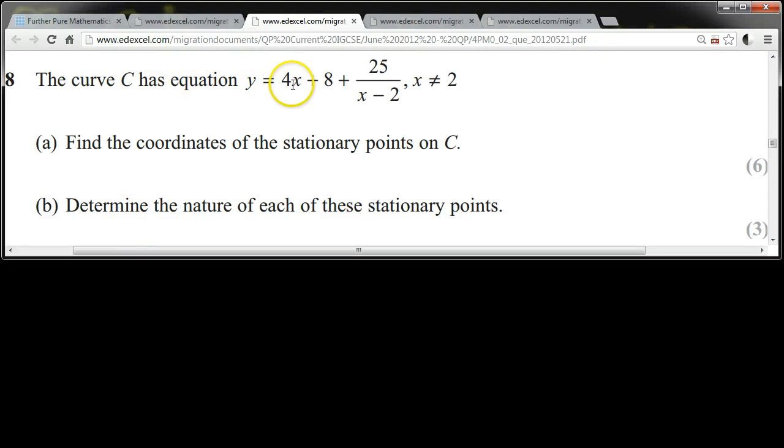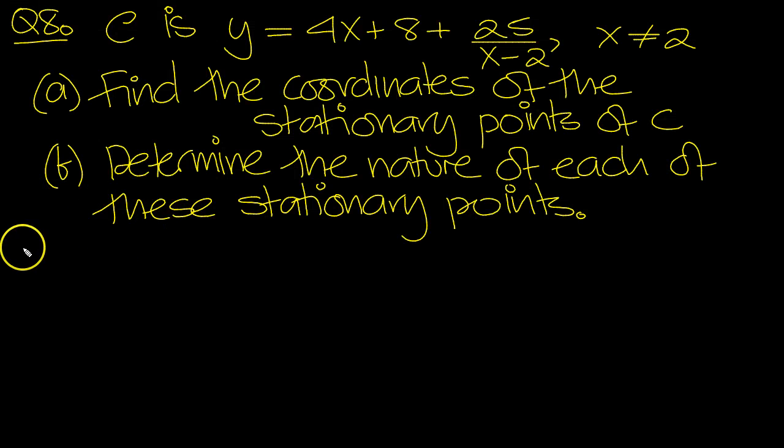The curve C has equation y = 4x + 8 + 25/(x - 2), where x doesn't equal 2. Find the coordinates of the stationary points on C and determine the nature of each of these stationary points. So part A then, here dy/dx then,